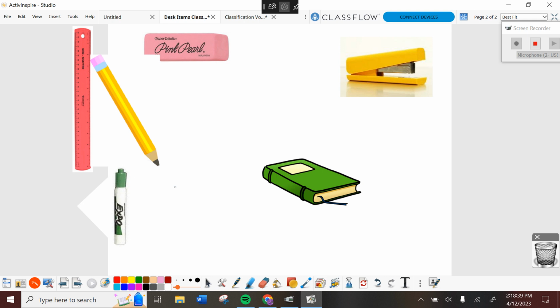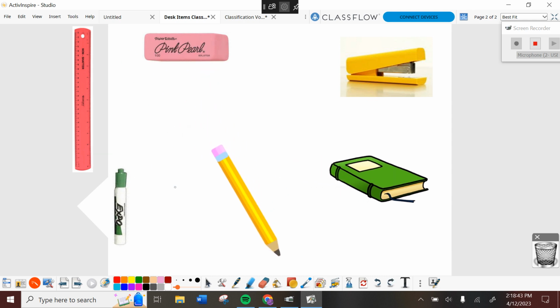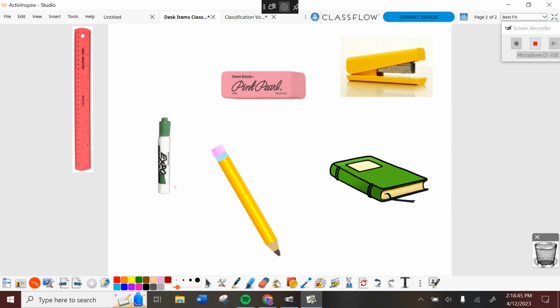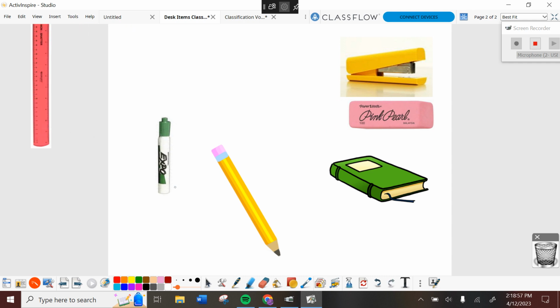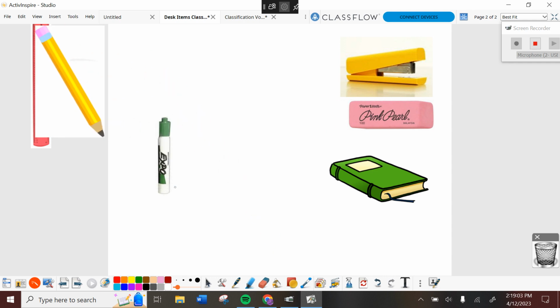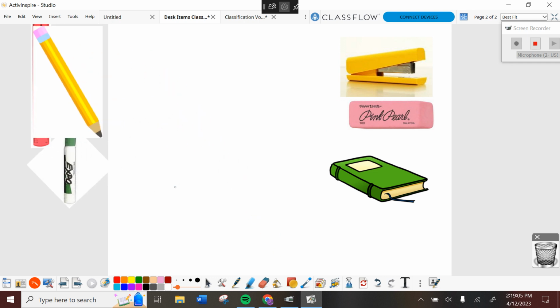So let's check this. Pretend that it's me, and we're going to check all these things, make sure it works. I come over and say, okay, so if long and straight, go to 2. These guys are long and straight, and you say yeah, it works. All right, go to 2. If it writes, go to 3. If it doesn't write, ruler. Check. Okay, so they write. If it writes, I go to 3. If it has an eraser, it's a pencil. If it doesn't, it's an expo. That works.